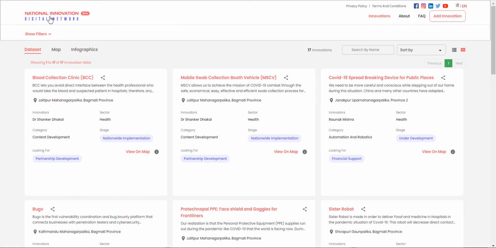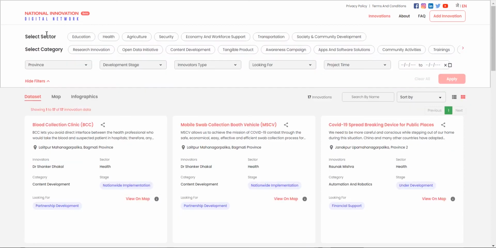Here, below the logo of National Innovation Digital Network, there is an option called Show Filters, where we can filter the innovations with available sectors and categories. And with that, there are dataset, map, and infographics below the filter options. Now, if we look at the data collected without using any filter, all of the data are available and displayed here. And now, by clicking on map,